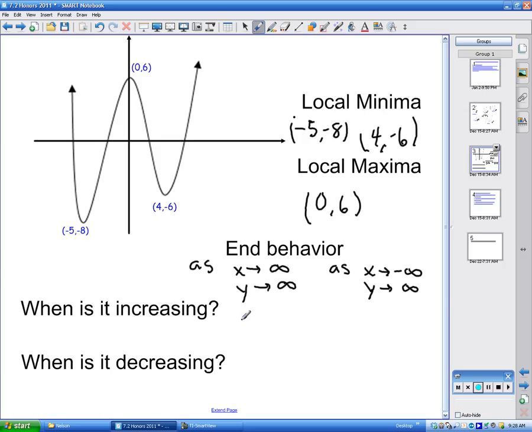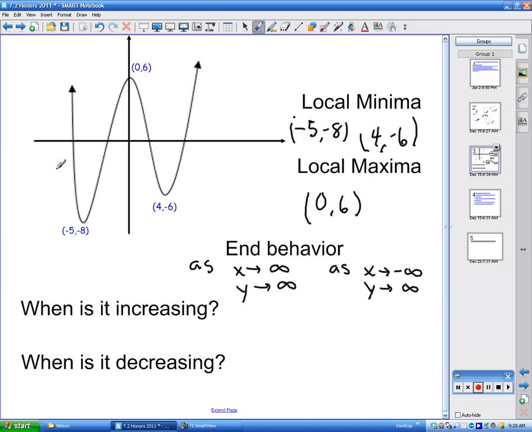Okay? And then when is it increasing and when is it decreasing? So increasing, decreasing, you want to think of it like you're riding a roller coaster. So you're going down the roller coaster, then you start going up the roller coaster, and then back down, and then you kind of go up forever. It sounds kind of not fun. So